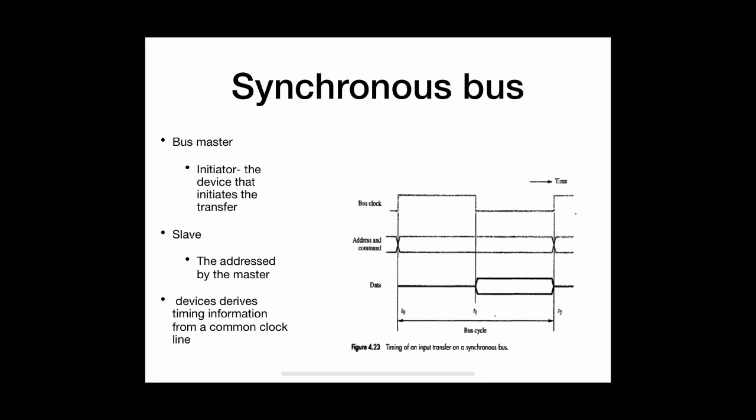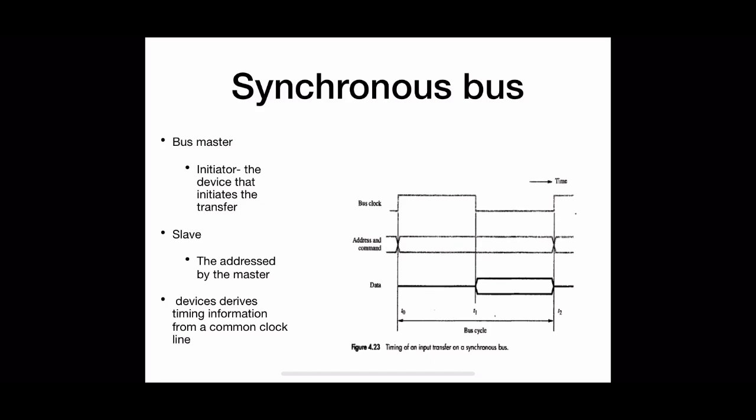And coming to the synchronous bus organization, all the devices connected to the bus will be driven by a common clock line. That is, one line in the control bus is dedicated to generating clock pulses and is wired to all the devices connected to the bus, generating equally spaced pulses at regular intervals. Each of these intervals constitutes a bus cycle. You can see in the figure that each of these intervals constitutes a bus cycle. And for the timing, we are talking about single cycle bus transfers. That means each data transfer should take exactly one bus cycle.